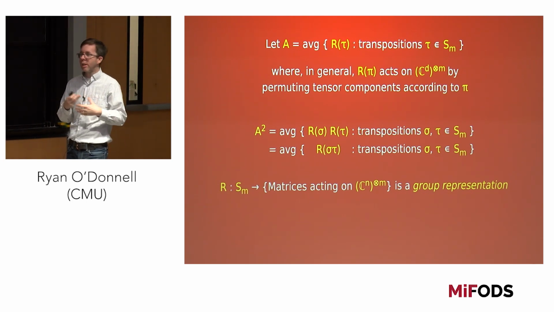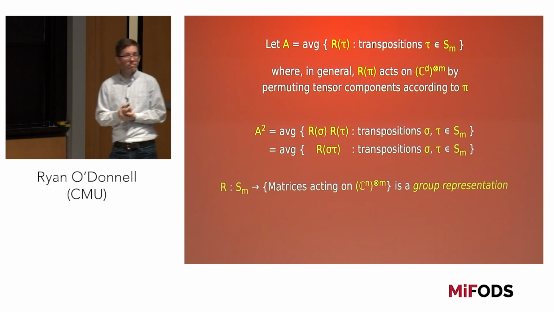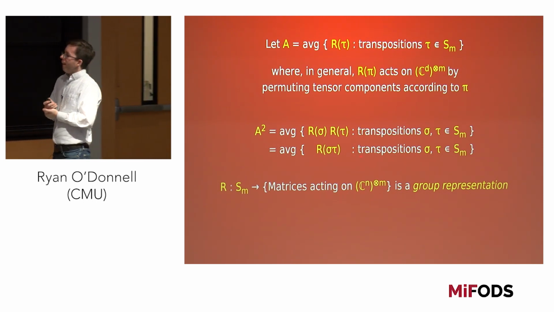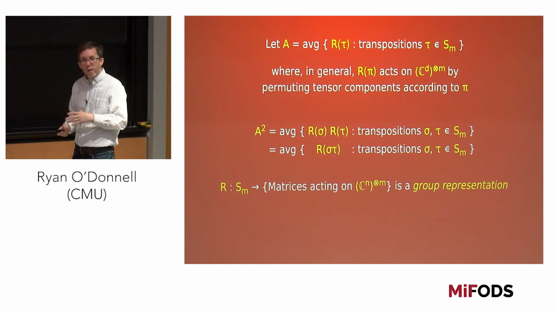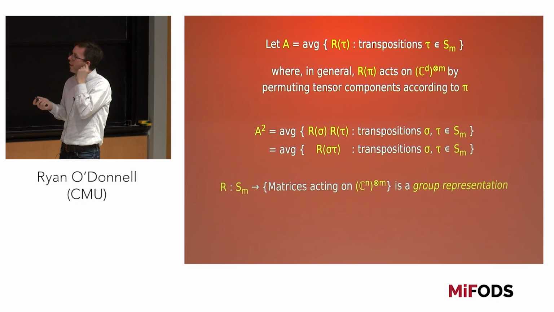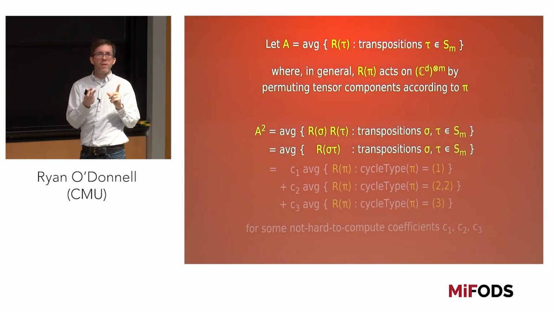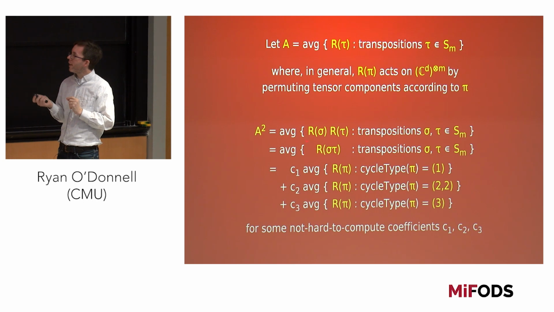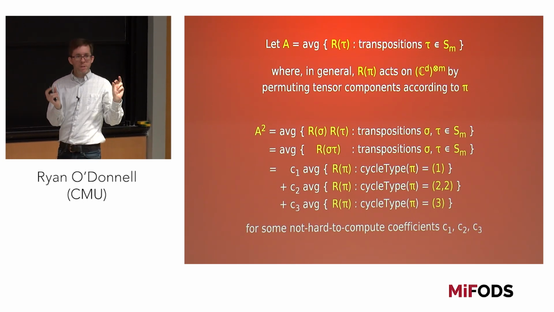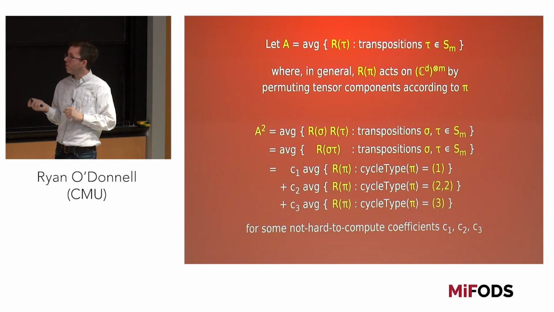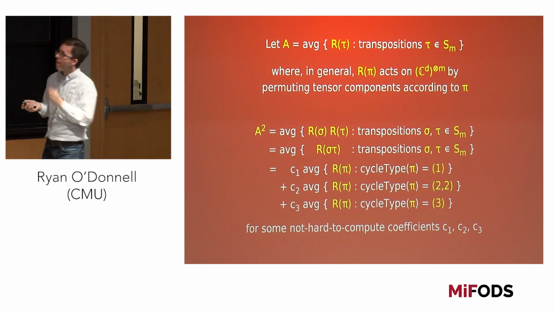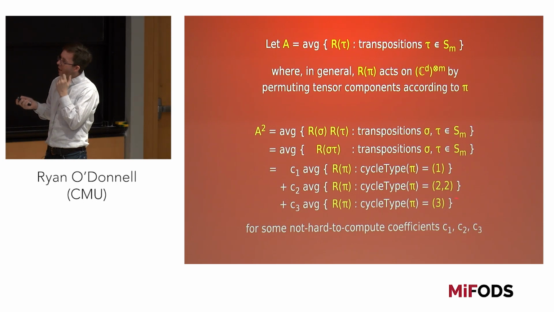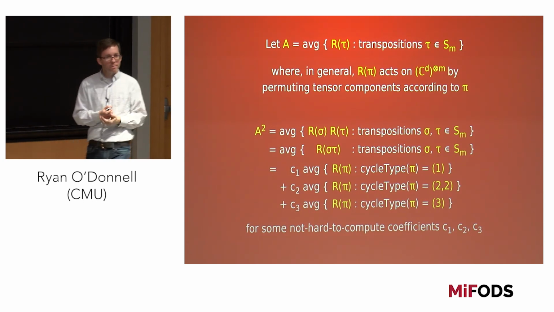And in fact, group representation is going to get involved in a lot of this quantum learning stuff. So we can think about this, and this is part of the calculation when you sit down and work out the variance and complete the analysis of everything. If you take two random transpositions and multiply them, what can happen? Well, you get the identity with some probability, cycle type 1, or they could be two disjoint transpositions, and you get cycle type 2, 2. Or if they overlap, which occurs with some probability, you would get a 3-cycle. So this A squared is some linear combination of these three permutation operators.